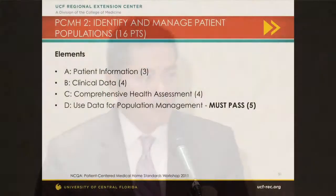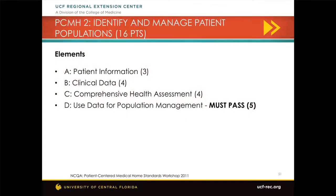These are the elements that make up Standard 2. Your medical home can get up to 16 points, and you can see how they're distributed over here. I'll touch base on the must-pass element here. It covers generating patient lists by condition, by chronic care condition, for example, identifying preventive care opportunities, and generating lists of patients by medication. So, for example, if there's a recall on Plavix, and you can use your EHR's registry